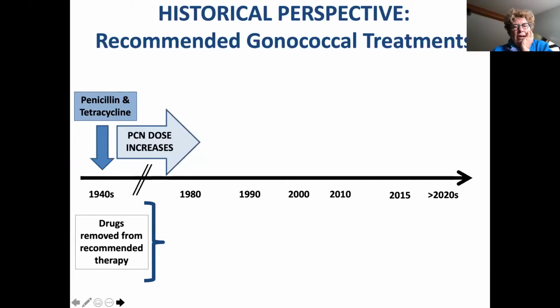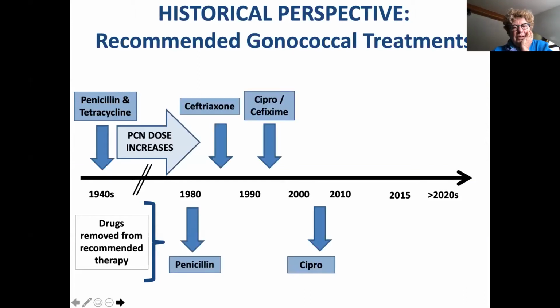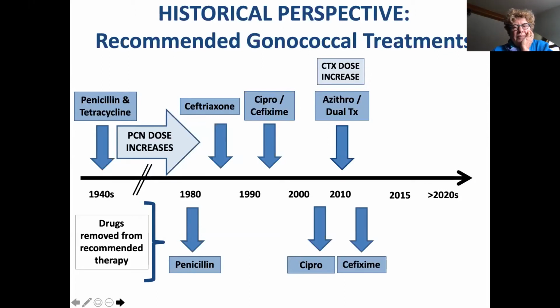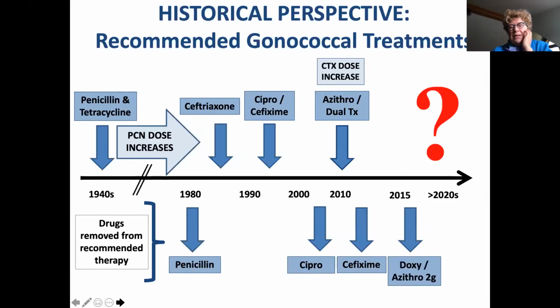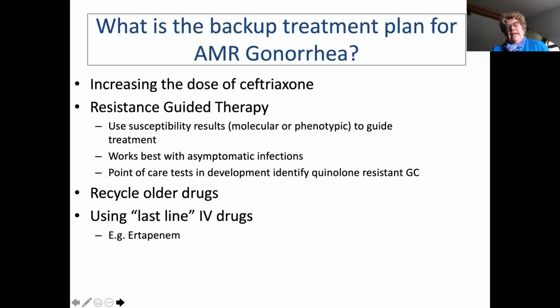So it's been a long evolution of treatment for gonorrhea. We basically have tried to remove things that don't work and are waiting to see what the CDC will recommend in 2020. And I think that what the future will hold is probably a higher dose of ceftriaxone as we get better nucleic acid amplification tests that can also detect resistance. That might be useful. In the meantime, using culture if you have to use quinolones.